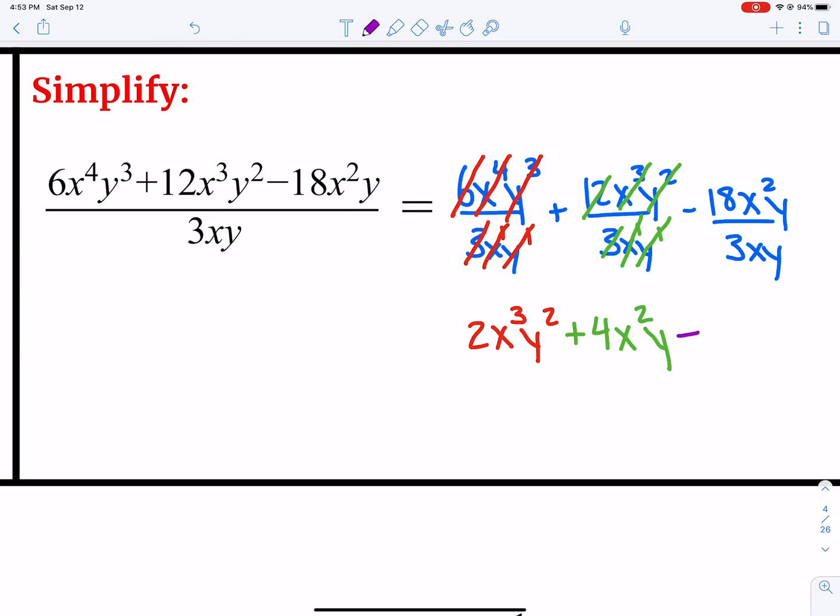In the last term, we have 18 divided by 3, and it's minus. So make sure to put a minus sign or a negative. So 18 divided by 3 is 6. We have x squared divided by x to the first, so 2 minus 1 is just 1. And then y to the first divided by y to the first would just cancel out, and it equals 1, but you've already got negative 6x, so there's no need to write the 1. All right, so that's it for this